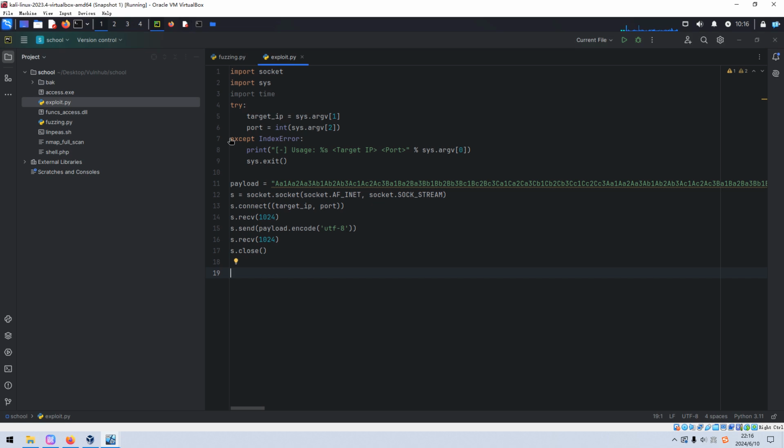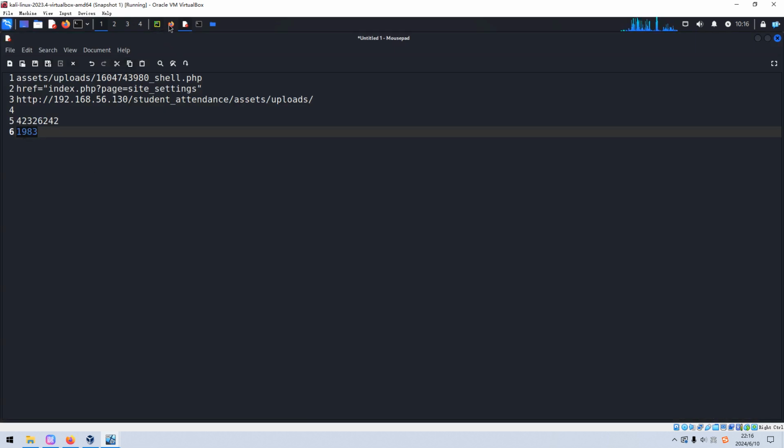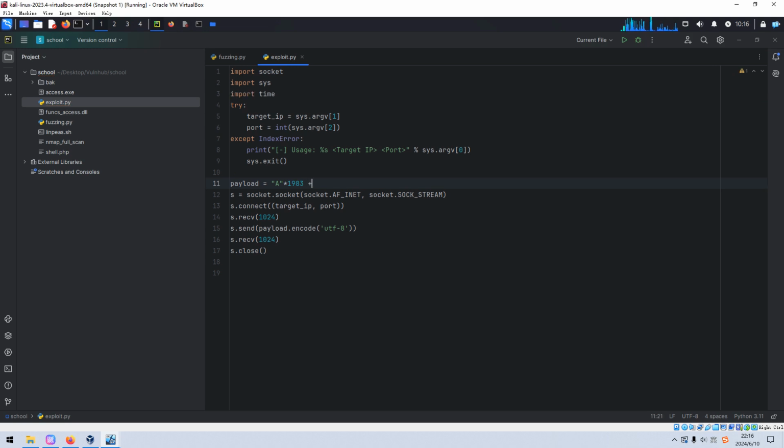So how to test? The payload should be this one multiplied, and for the four bytes of EIP we can use capital B to fill in, and then C maybe 200.